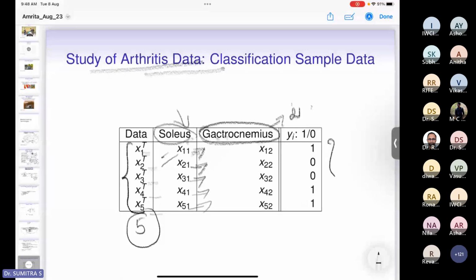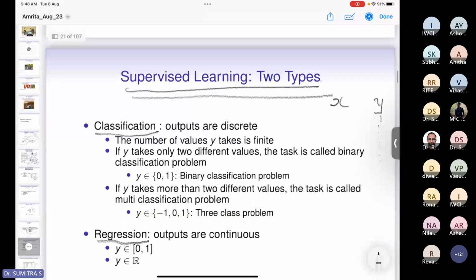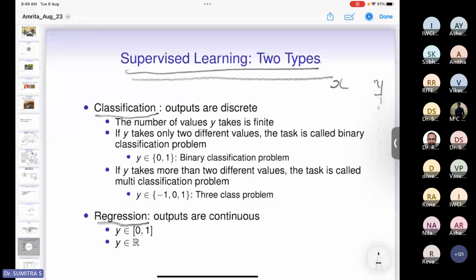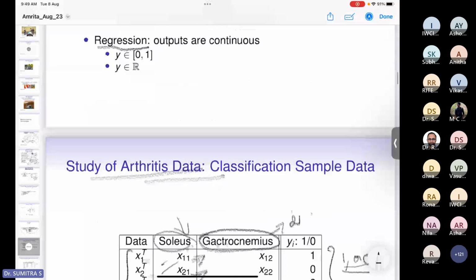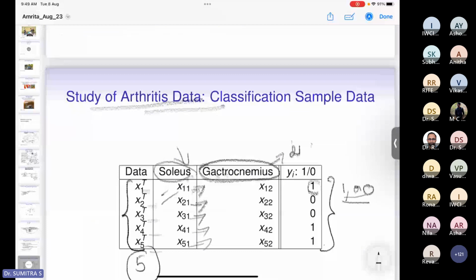And if you look at the Y part, Y takes only either 1 or 0. That is what we call countable. We can count it, or it takes only a discrete number of values. If this is the case, we call it a classification problem. That is how we differentiate, looking at the Y part. In this case, Y takes only 2 different values, either 1 or 0. So we call it a two-class classification problem, or another word is binary